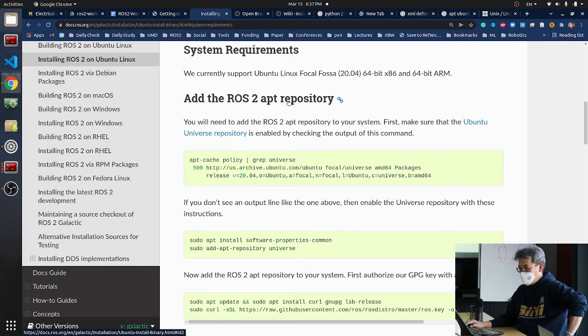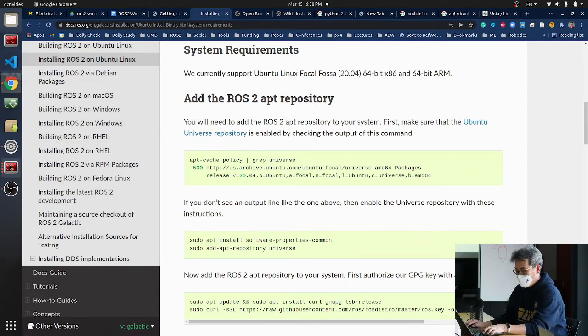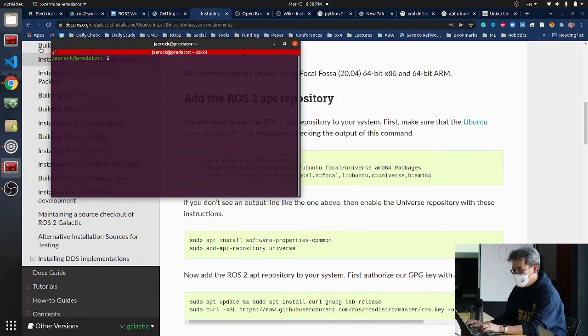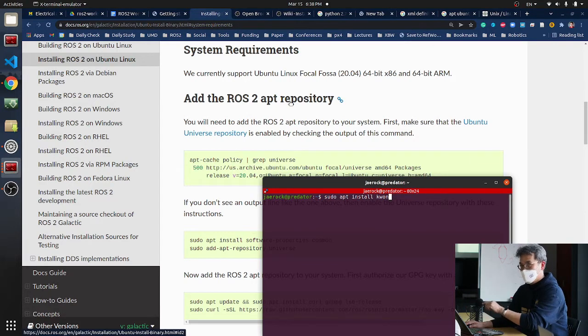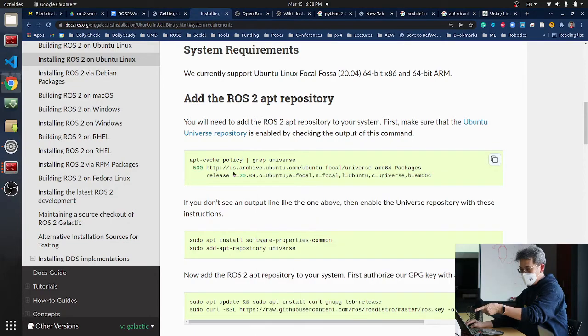Add the ROS 2 apt repository. Repository means, when I type something in this terminal with sudo apt and then I'd like to install something, this apt needs to know where to find any kind of packages, right? That is called an apt repository. Because we don't know when this Linux was released, these repositories can be added. In this particular case we are adding